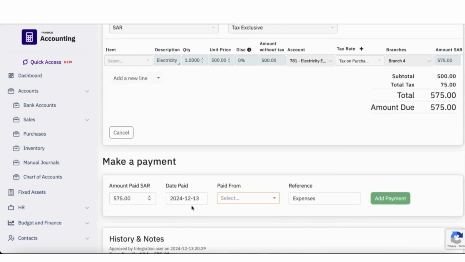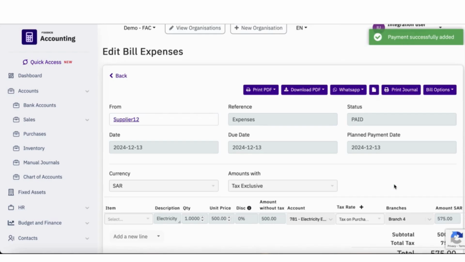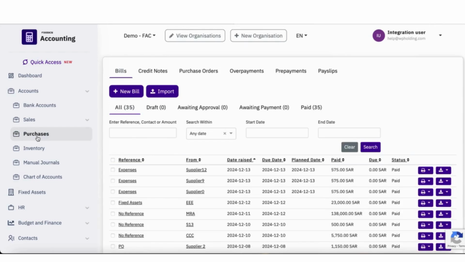Again, down to this box here, and I can either pay in full or I can modify. Like I mentioned before, to modify I delete that amount, but on this occasion I'll go with the amount here, choose bank 251 and add payment. Payment successfully added. There we are. To create a return through the accounting system, I would go back to purchases,